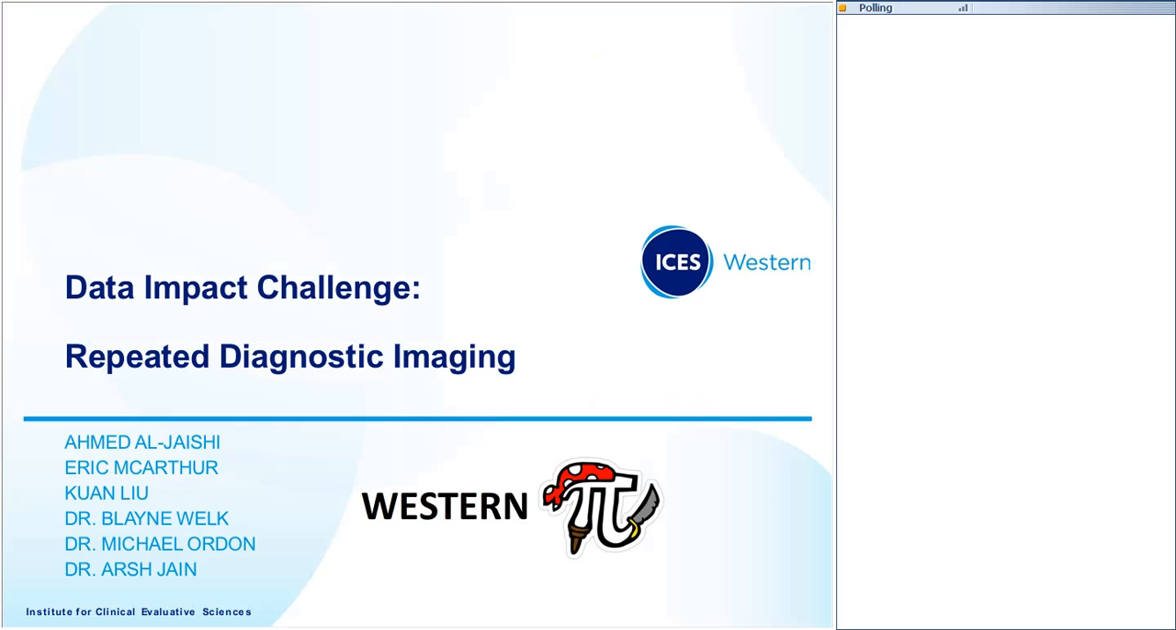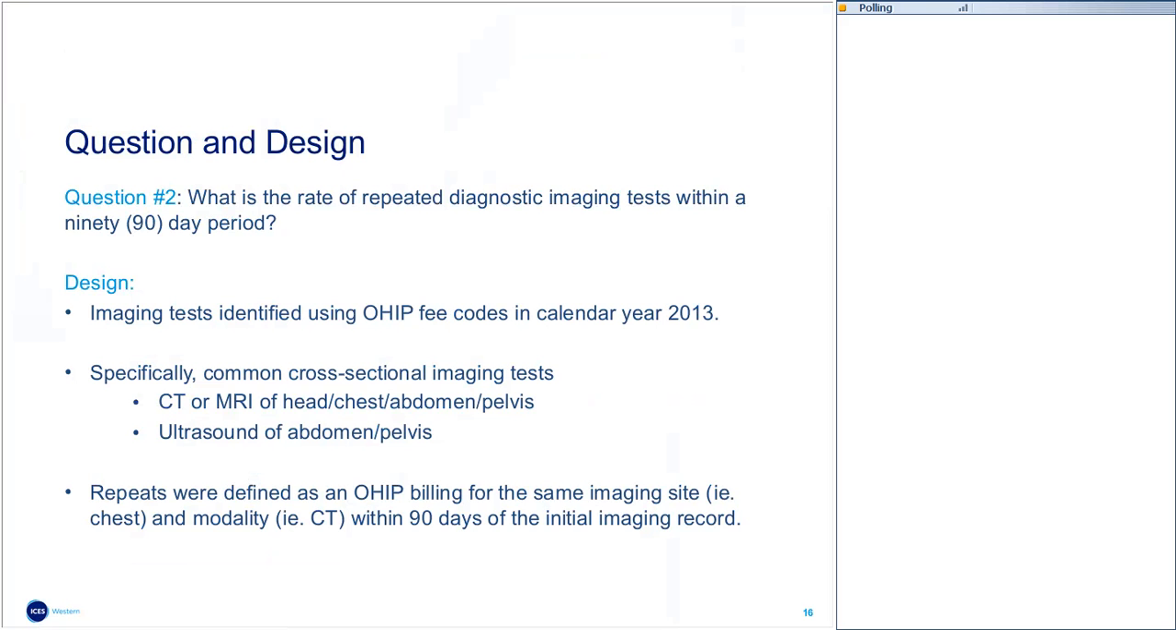Okay, so as you said, we're the Western Pirates team. We're a team here in London, Ontario, based out of the ICES Western facility. So you can see there were 6 of us involved in this team, myself, Eric MacArthur, as well as Ahmed Al-Jaishi and Quan Liu, who are epidemiologists and analysts, respectively. And then we had 3 physicians involved as well, with 2 nephrologists and 1 urologist. So if we move on to the next slide, you can see